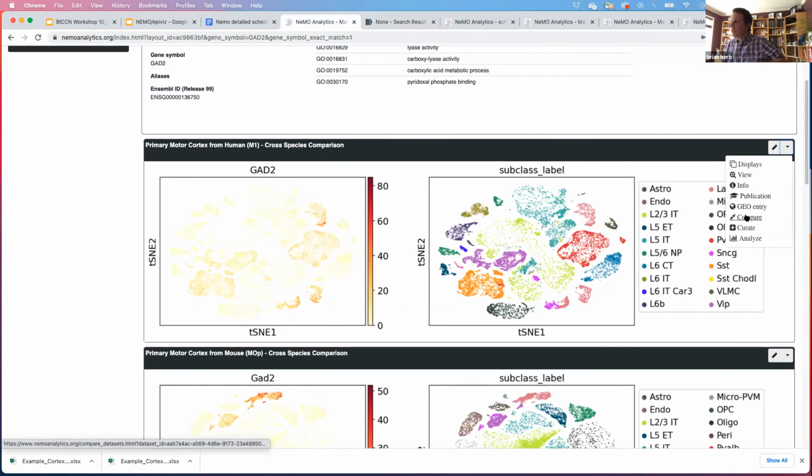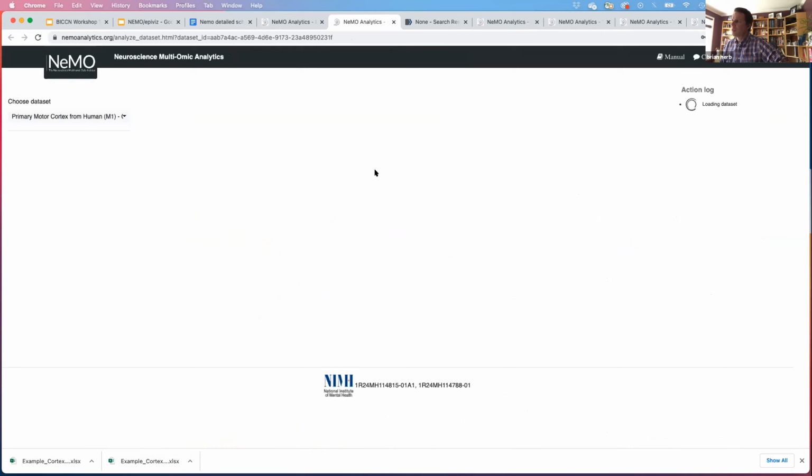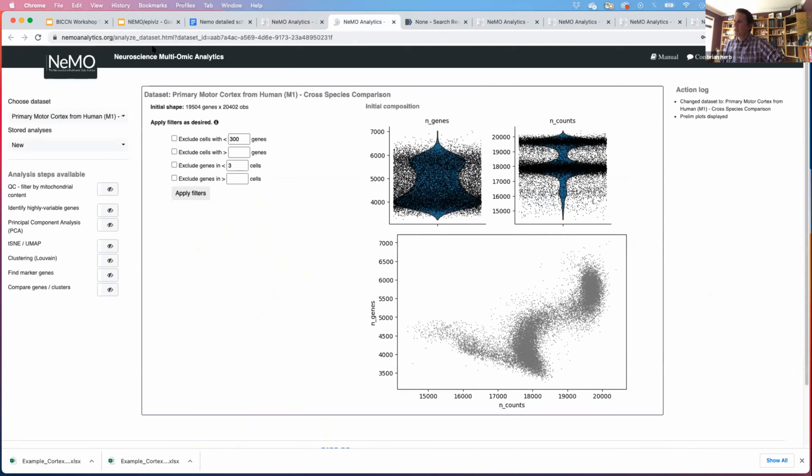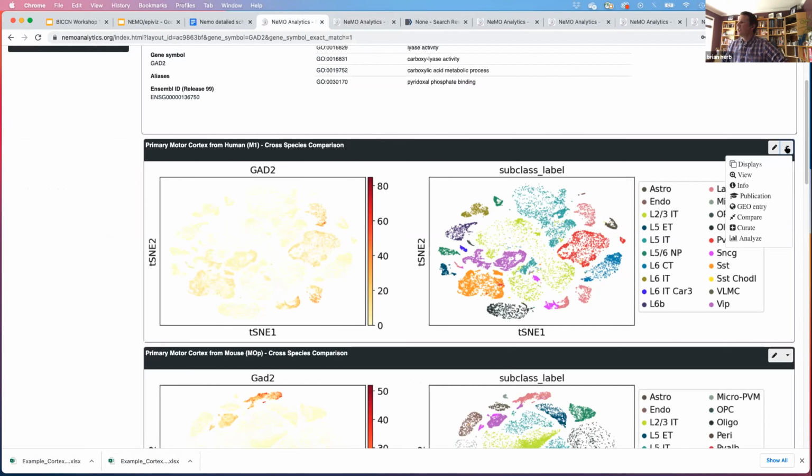The compare tool is that scatter plot that I was showing you before. So if you just wanted to compare, like, astrocytes and endocytes, that would be a very quick way of getting to the DEGs. The curate is something that we'll do a little bit later on, but that's where you can go in and make new plots. And then analyze takes you back to the single cell workbench, which we'll be going over in just a little bit. So that's something we'll get into later. A couple of options: even if you're right there at this view, you can take a quick dive into that particular data set.